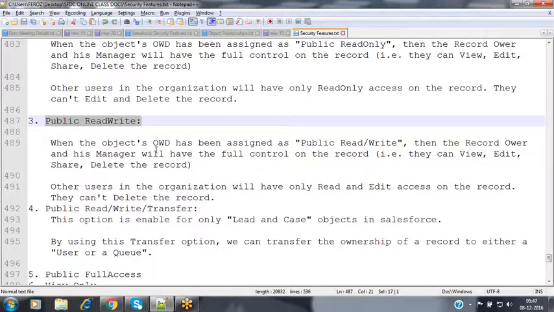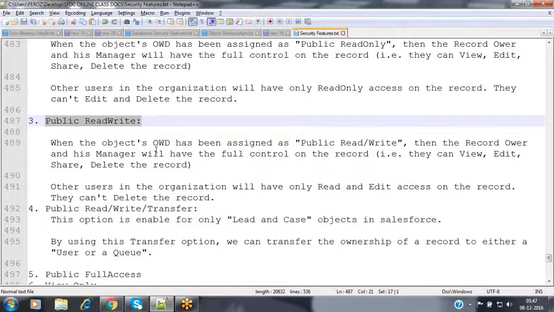They can view the record, modify the record, delete the record, and share the record as well. And along with that owner and his manager, the remaining people inside the organization can also see the record.